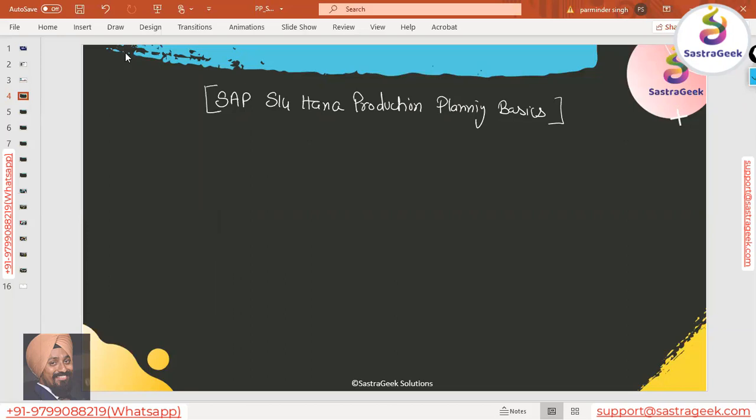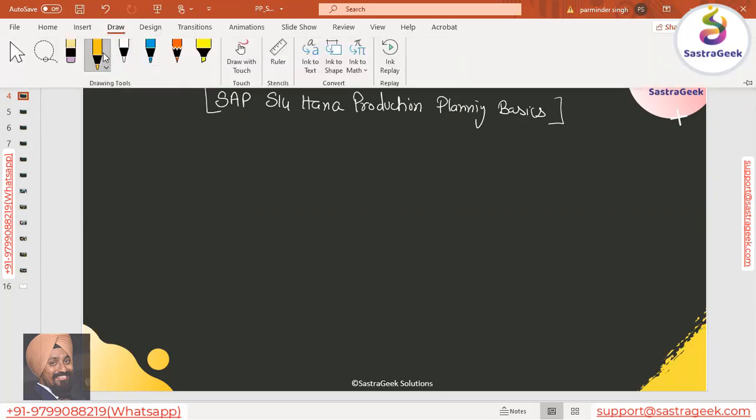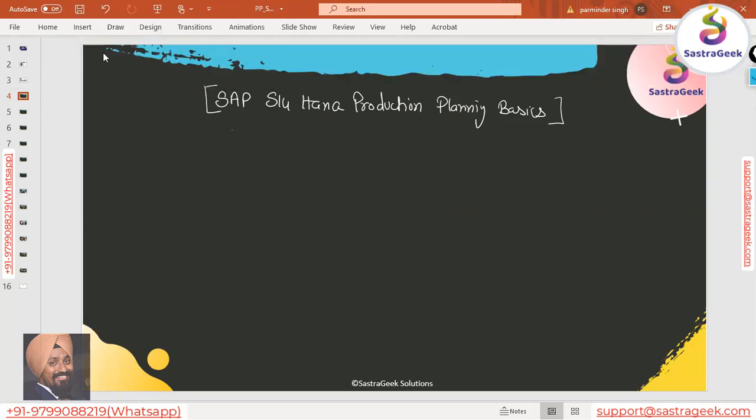So first and the most important thing here, which you will see in this, is SAP. First thing you need to know is what SAP is. Many people would already know, but I will put a little bit of emphasis so that you can understand what SAP actually is. SAP is a kind of ERP, enterprise resource planning tool.